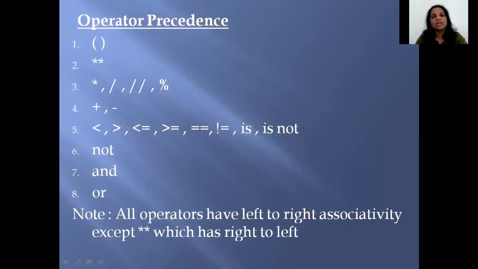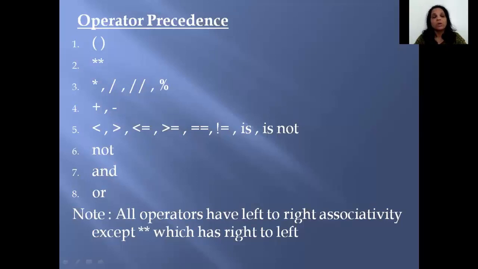When I actually evaluate some expressions, you will come to know. And then you have addition and subtraction. In the fifth place, you have all your relational operators along with your identity operators. The sixth is the NOT operator, which is our logical operator NOT. Seventh is the AND operator under the logical category, and eighth is the OR operator. Now, all these operators that we are talking about here, yes, bracket is definitely not an operator, but bracket has the highest priority irrespective of what is there in the bracket.